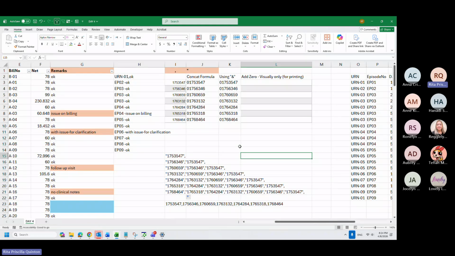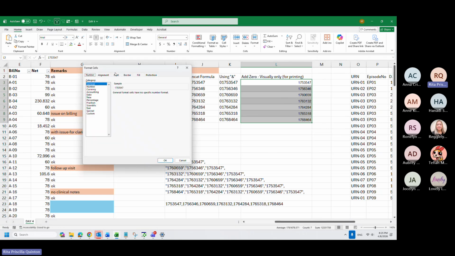If you know the core meaning of it, the core function of using the concatenate. Here, if you are only printing or sending an email, instead of making your life complicated by using concat, there's another easier way, which is this, and go to the number format cell.